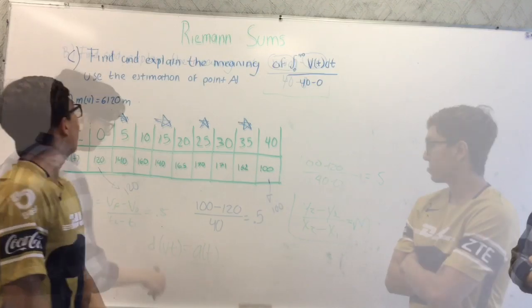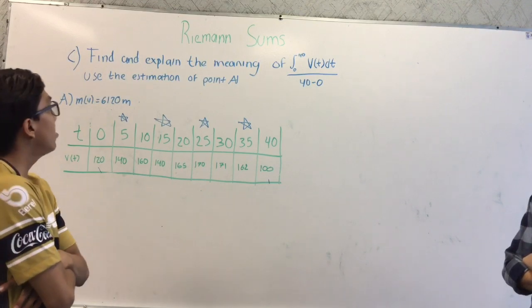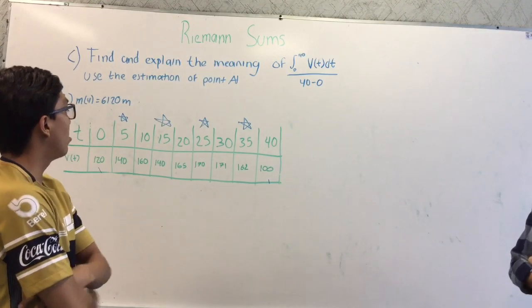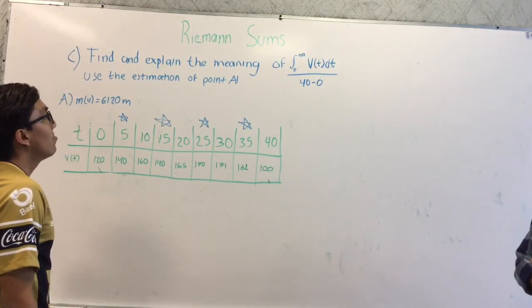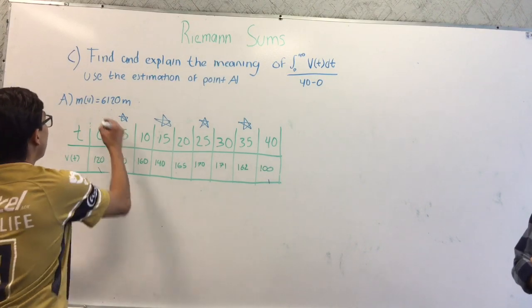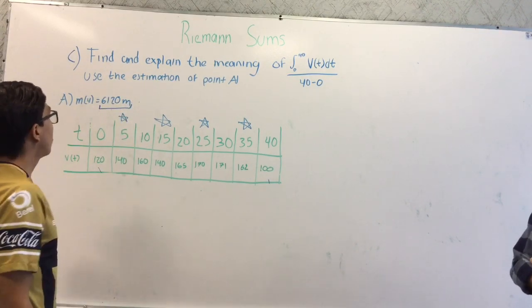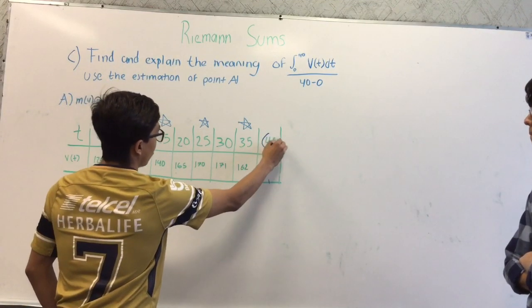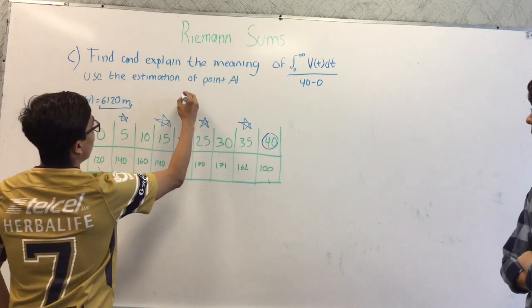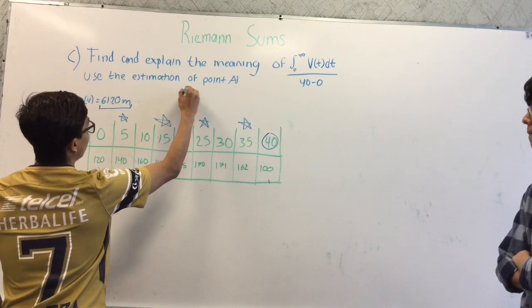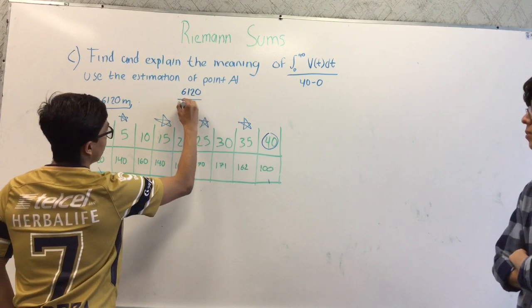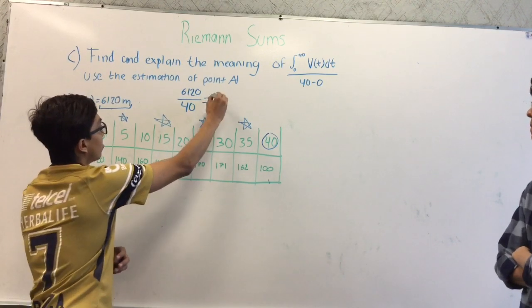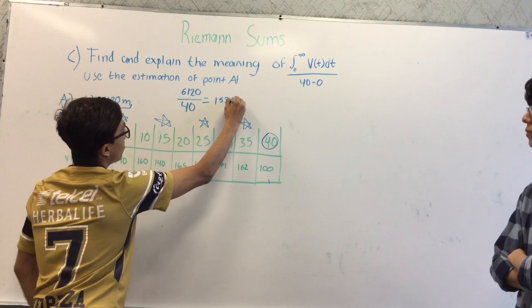And we got 0.5 acceleration. Finally, the question is to get and explain the meaning of the integral of v of t divided by 40, that is all the time in the table. Well, we know the integral of v of t is 6,120 meters, and we know all the time is 40. Finally, we substitute the values in the formula. The answer of the formula is 153 meters